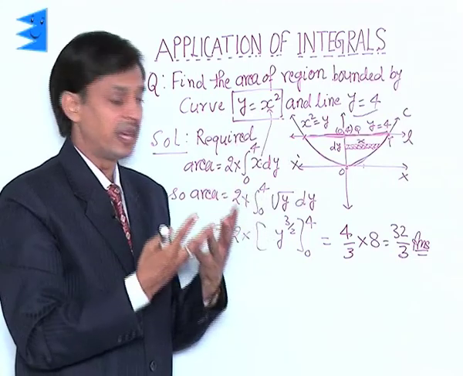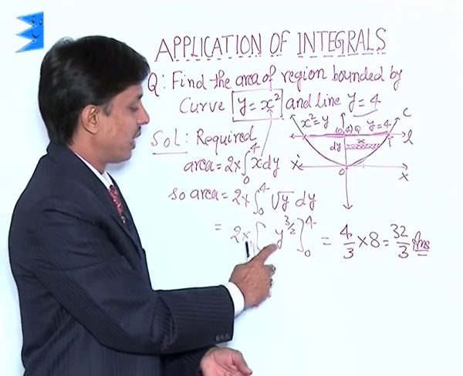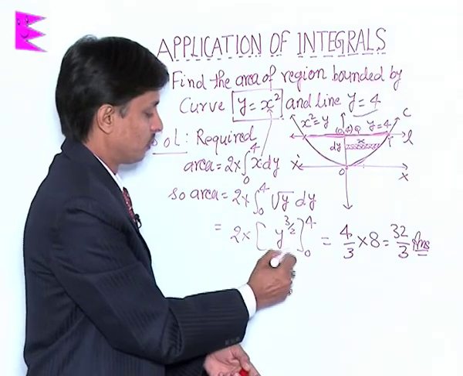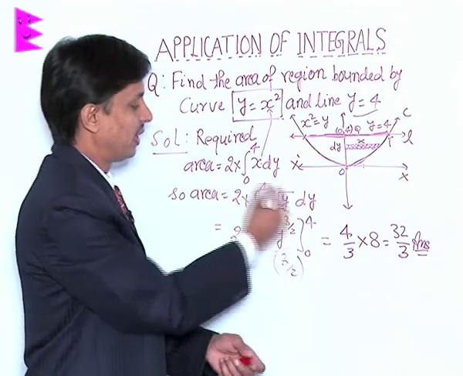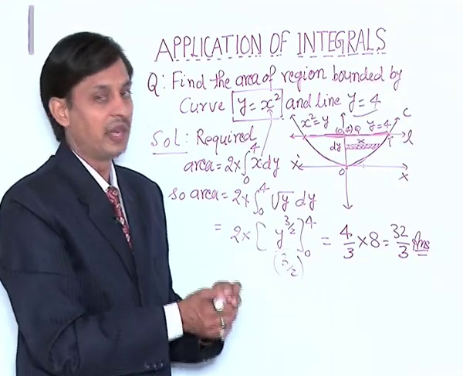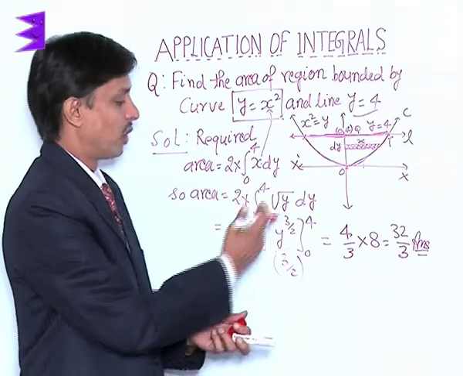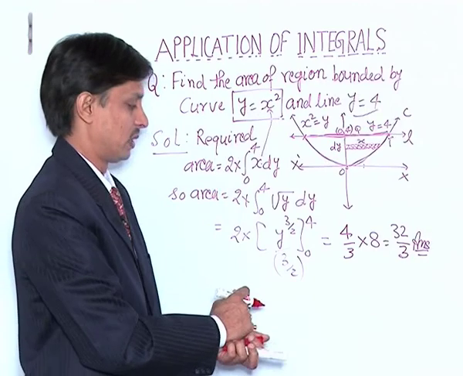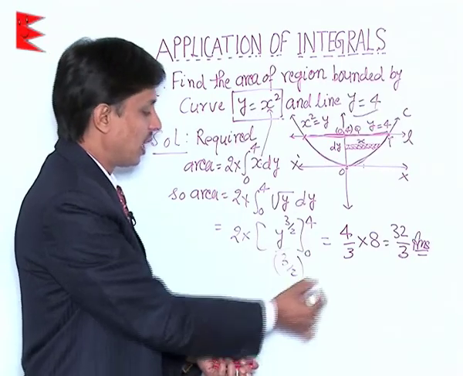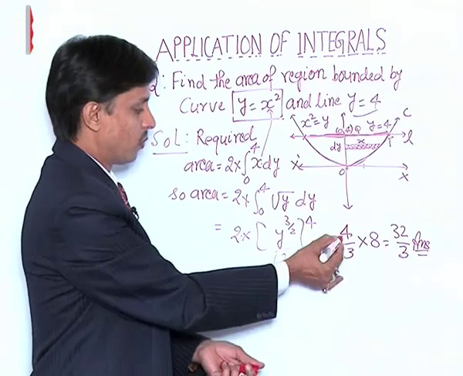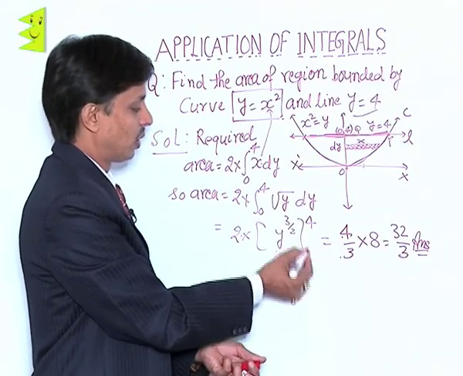Integration of root y as definite will be y to power 3 by 2 upon 3 by 2. We have applied here the required formula, that is y to power n plus 1 upon n plus 1. After calculating this entire, this becomes 2 into 2, that is 4 by 3, y to power 3 by 2, limit